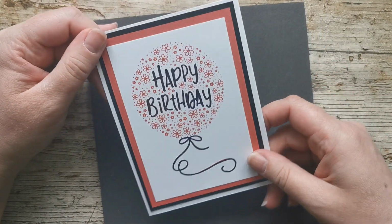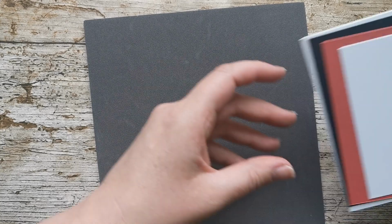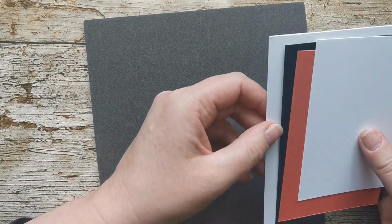So I just want to show you very quickly how I did that, give you all the measurements of my card, and show you how quickly it is. You could get a production line going on here. Two sheets of basic white cardstock will do more than 2 cards, because you need